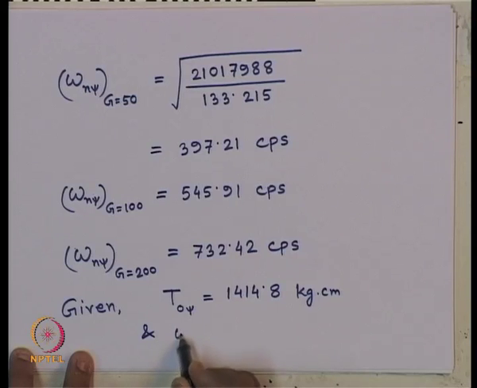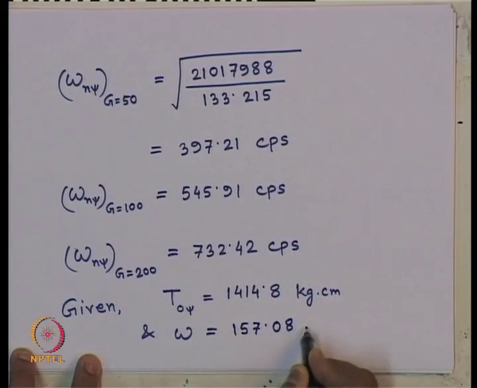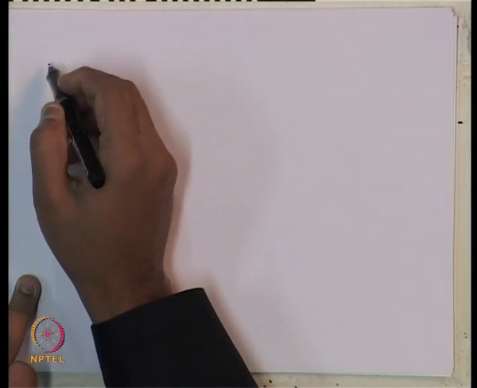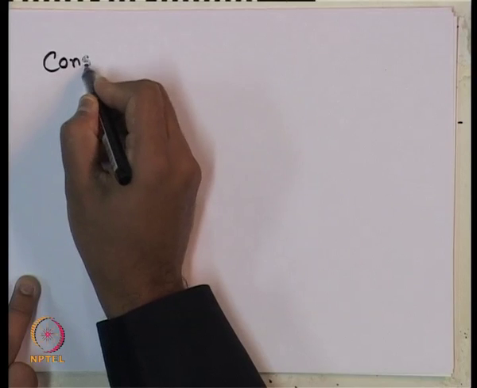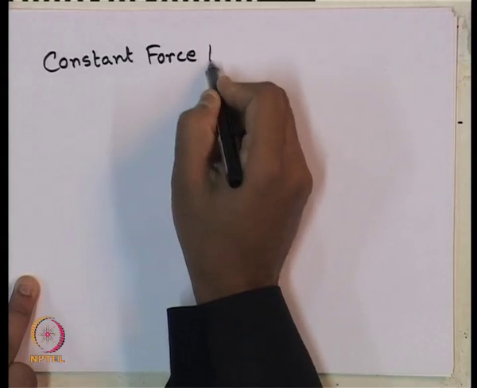And the operating frequency omega, we have calculated in the previous problem also, it will remain the same: for 1500 RPM, it is 157.08 CPS, right. Now, let us do the calculation for both constant force type and rotating mass type. So, for constant force type excitation,